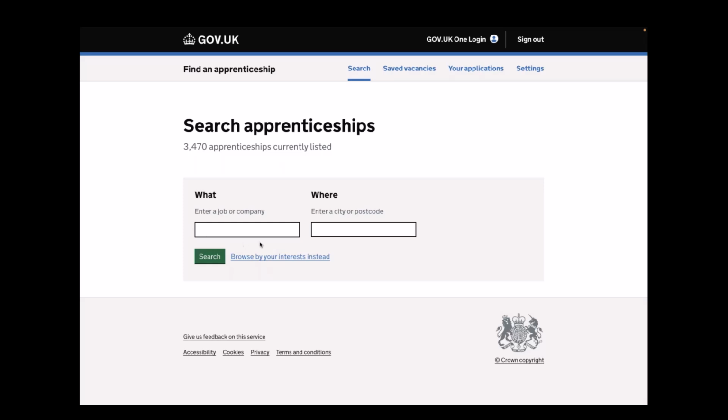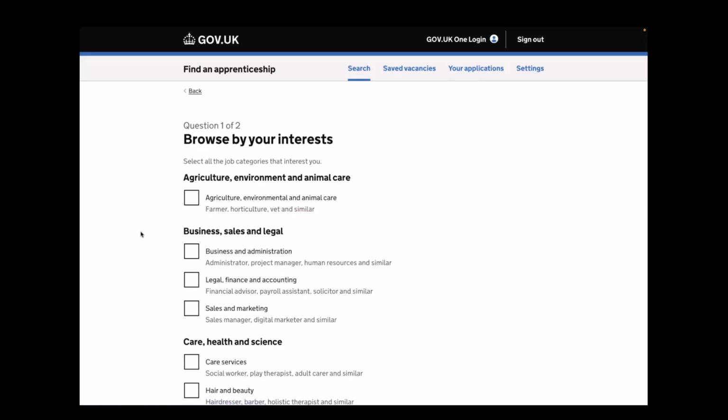We have also added this button. A candidate can just type in a word here and discover what they're interested in, and they can also just type in where they live, or they can just press search and see everything we have available. But what we have added, which wasn't in Find an Apprenticeship before, is this button called Browse by Your Interests. And that is a really